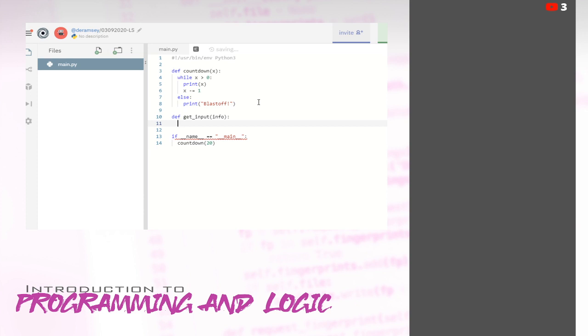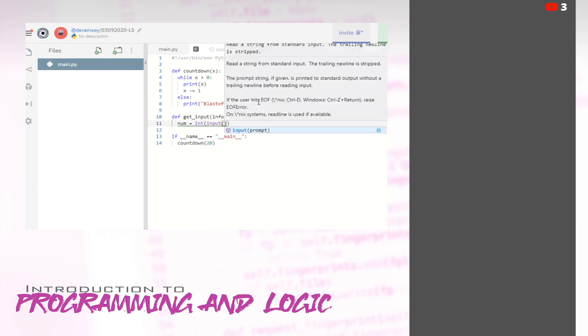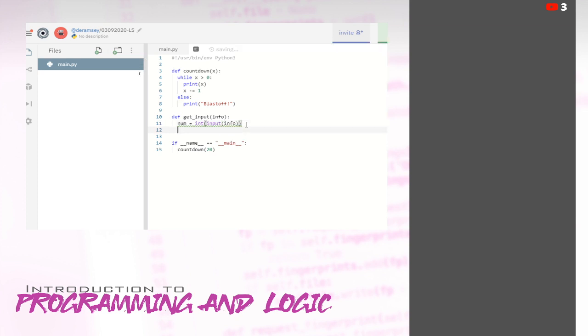So we'll set some kind of value of num equals int(input(info)), and return num.